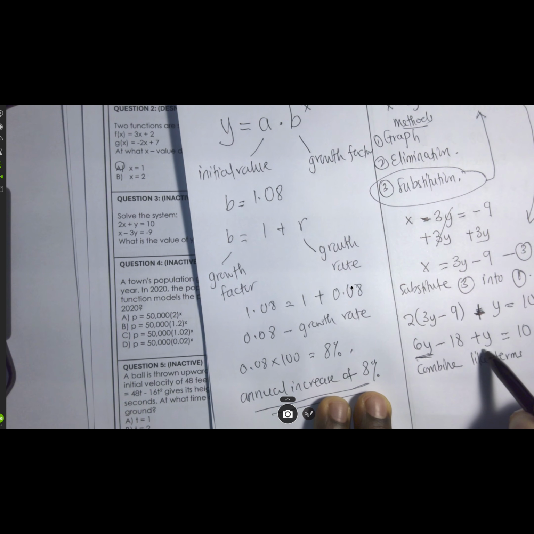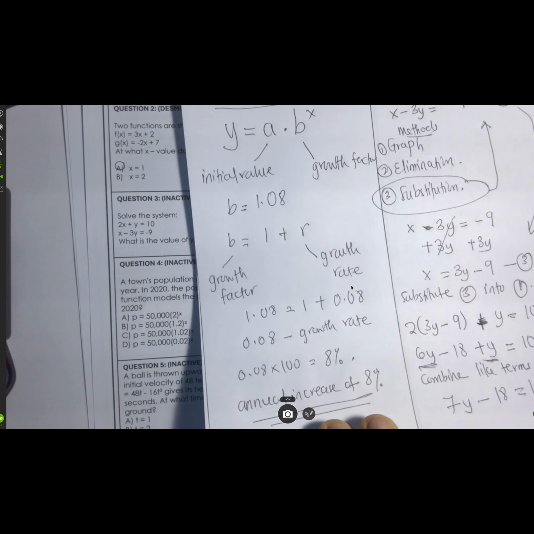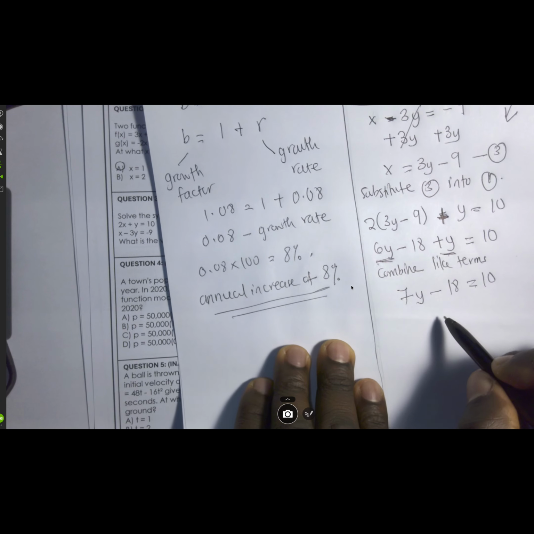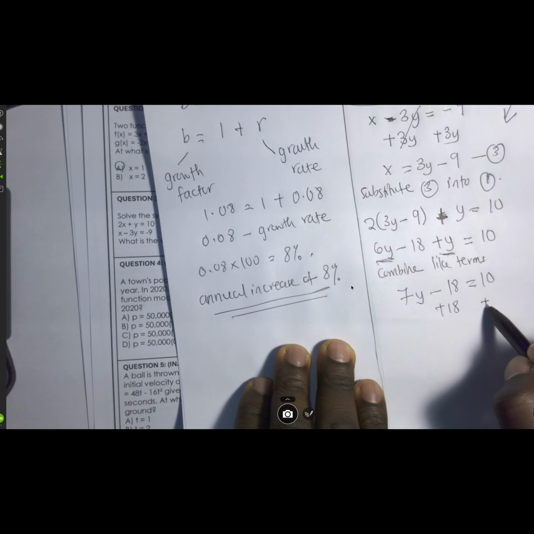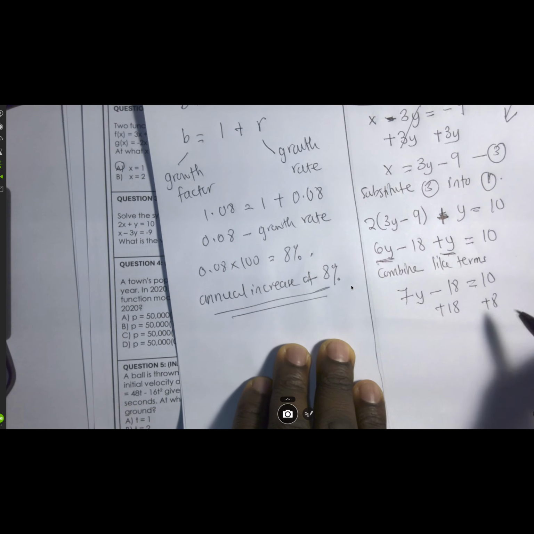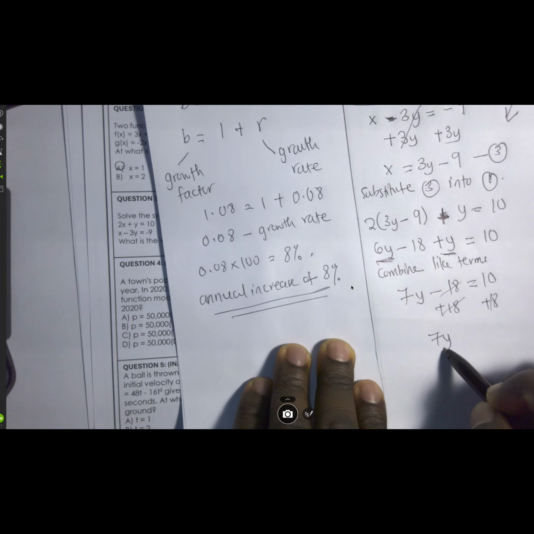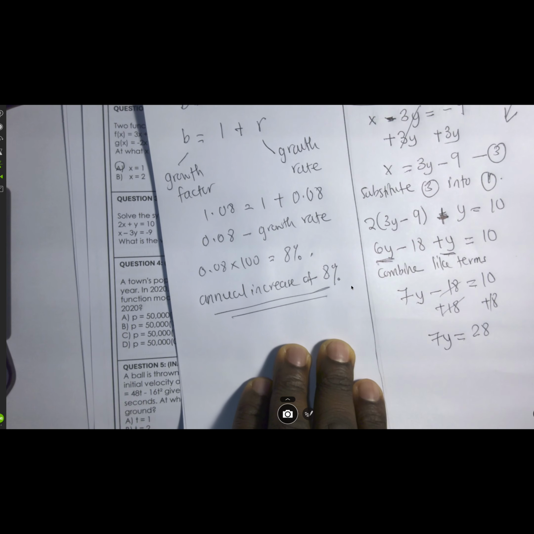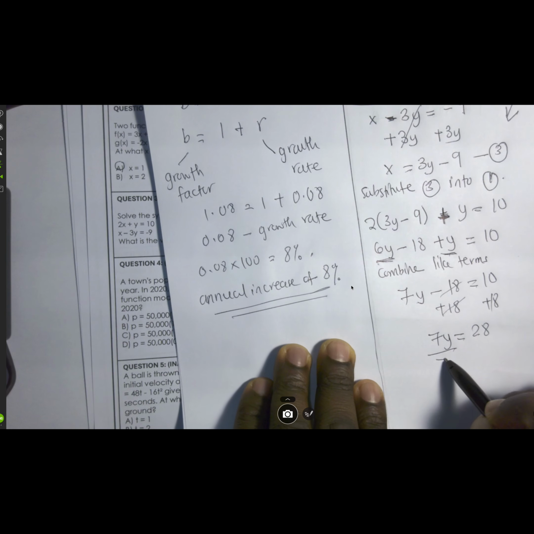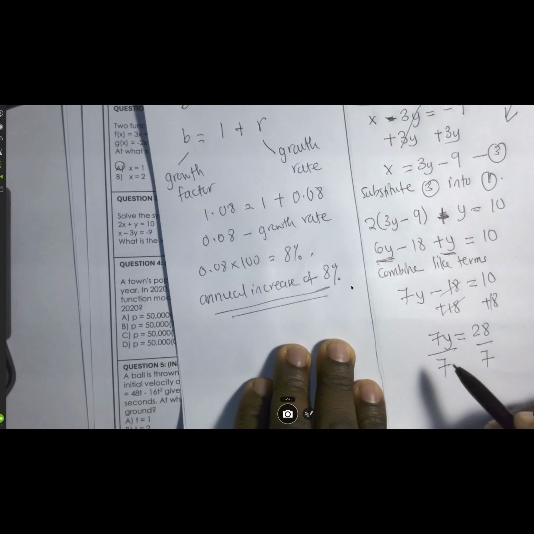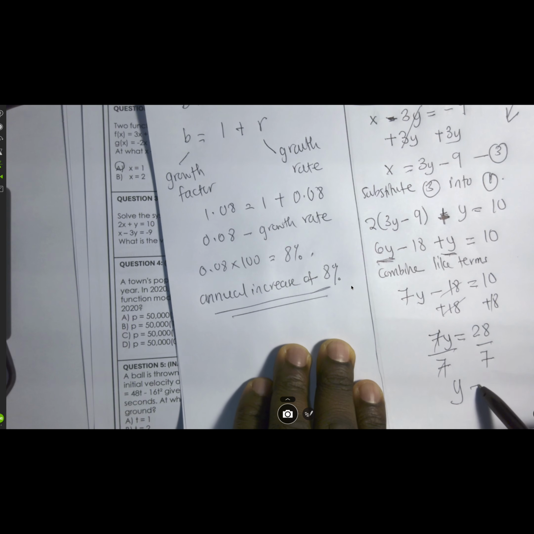We have 6y plus y giving us 7y minus 18 equals 10, right? Then we can add 18 on both sides. Then 18 goes away, and 7y equals 28, all right? Then we can find what y is by dividing by 7, and that gives us y equal to